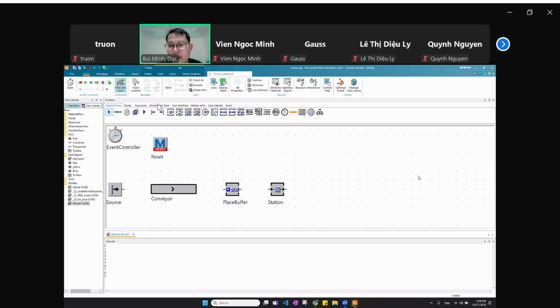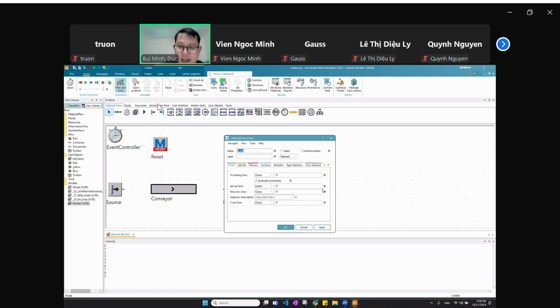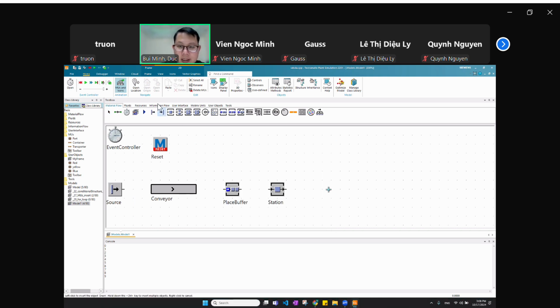And the buffer, the time that the MU stays in the buffer will account for the waiting, not the value added. And then a drain. And then I need to connect all of them. Okay, and